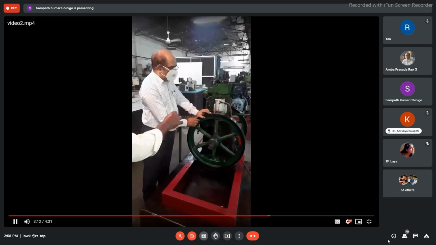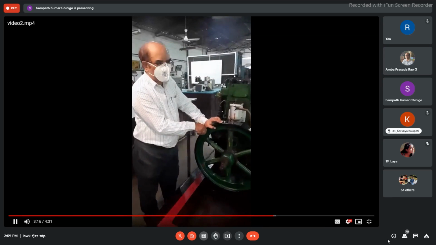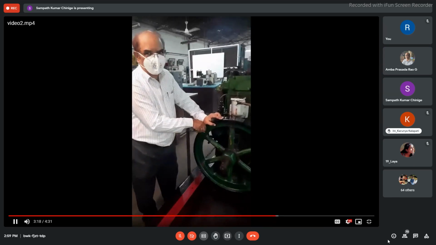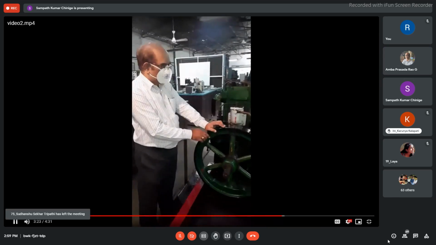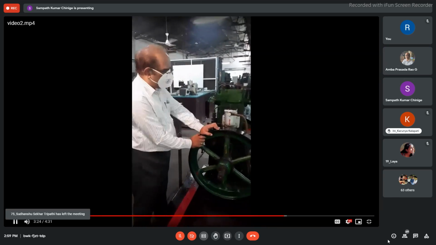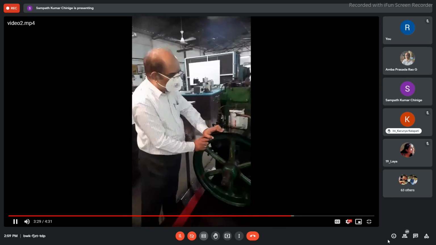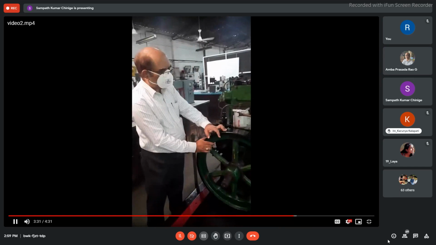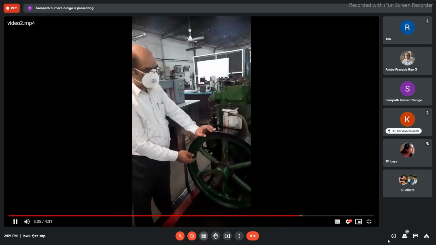One more point you have to remember here is that we cannot appreciate the exact location of inlet valve opening. The reason I will tell you a little later, because these are practically operated, actual valves, so they will be given some lead. That's why you cannot appreciate where exactly the inlet valve opens. Now we will start rotating continuously.